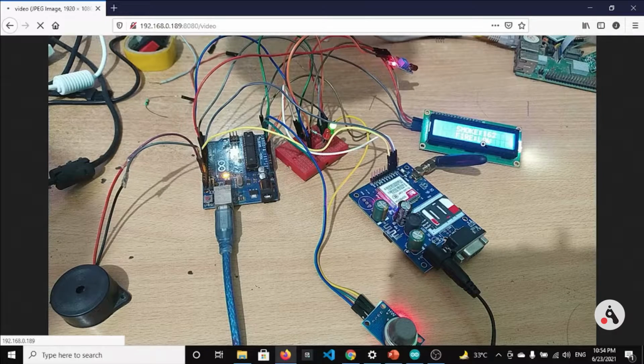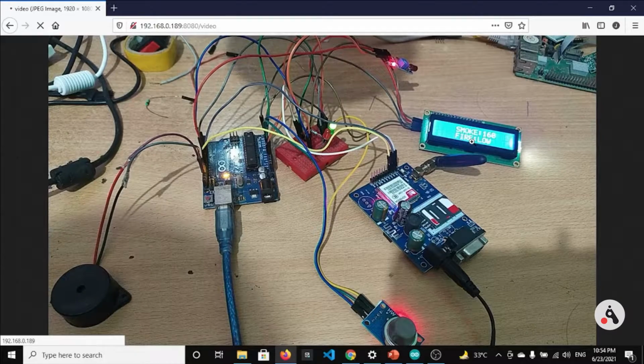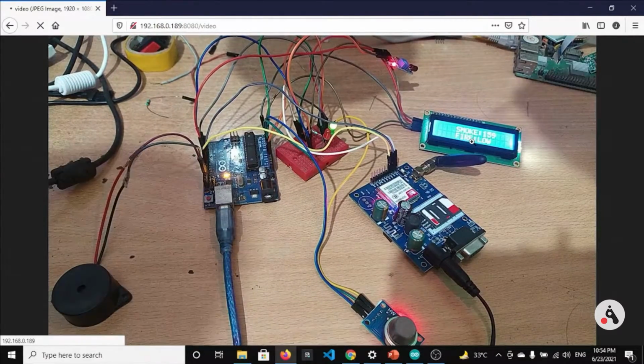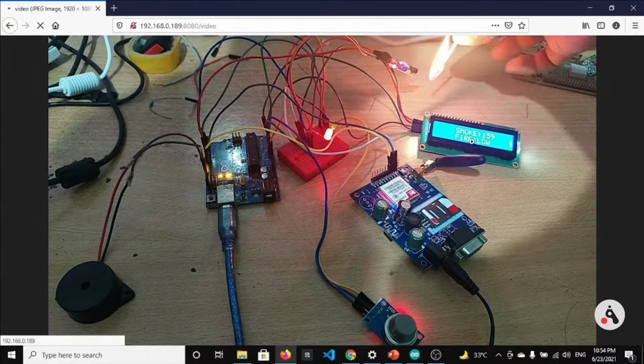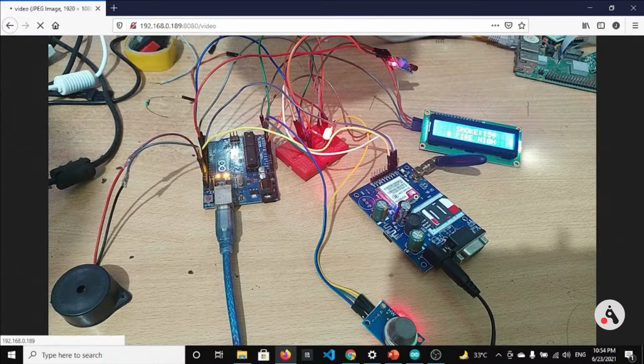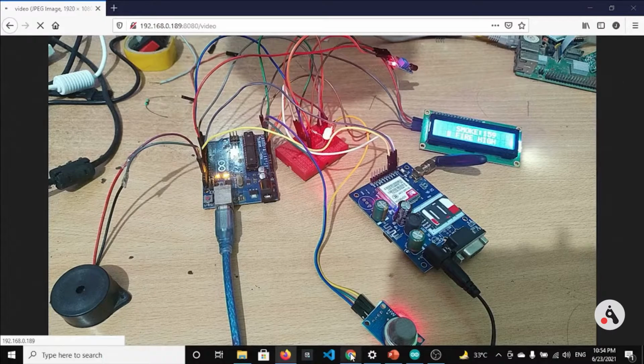The threshold value for detection of smoke is 200. It is currently around 160. You can see here 171, 174. So let's first trigger the fire, then I will show you the smoke. Let me trigger the fire by lighting up a matchstick. You can hear that, fire high, and let me show you this.